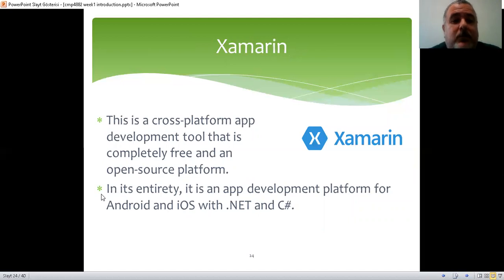Summary: this is cross-platform. What was cross-platform? We can develop applications for more than one mobile operating system. It is completely free, so no charge, and an open source platform. It means that there are some people that reach that code and develop it. So it is entirely an application development platform for Android and iOS with .NET and C Sharp. Okay, this part is also important